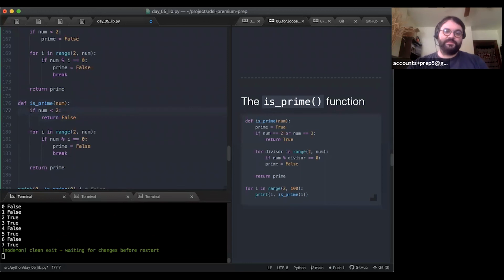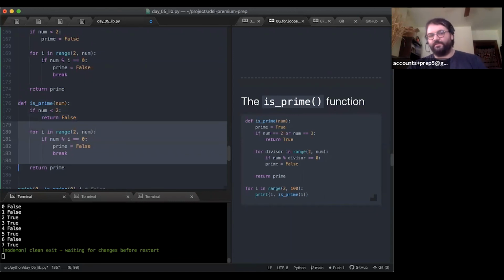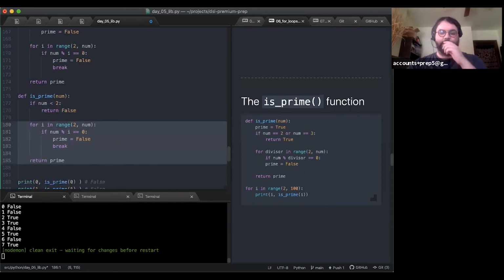So if num is less than 2, we can just return false. And when your function executes a return line, it stops executing code. So it doesn't even go and check the loop or do any iterations. It just straight up returns false and stops, right?